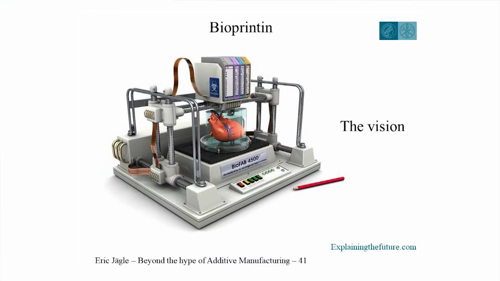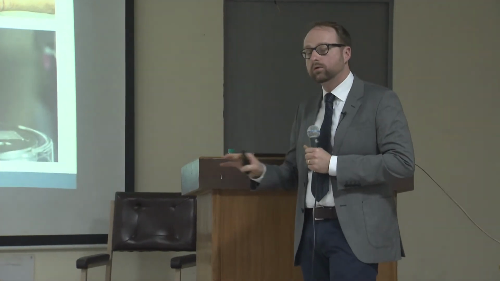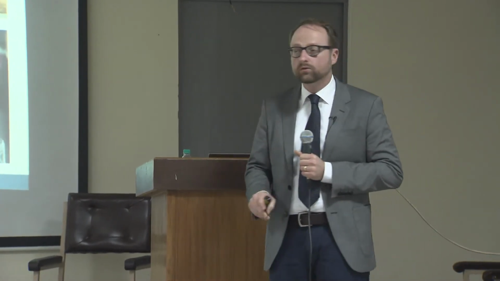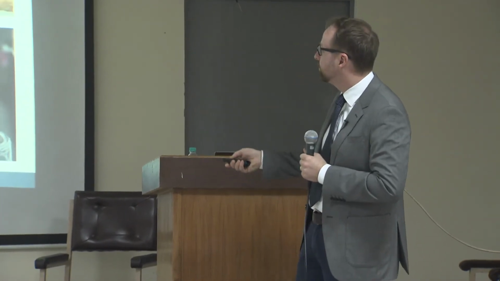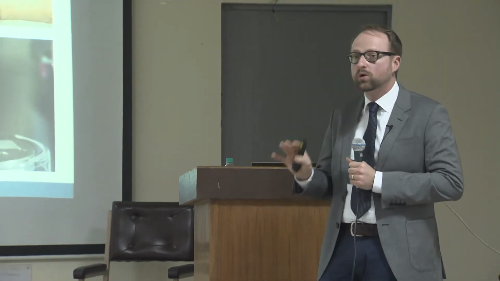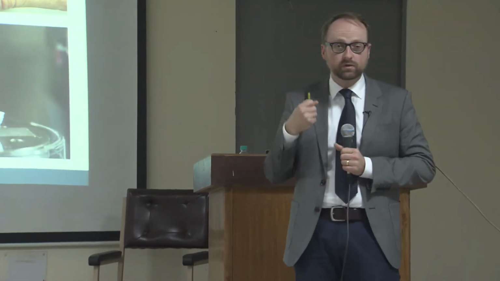Bioprinting, yeah, this is of course a very big topic. So this is what you want, a machine, you press a button and a new liver comes out, but that is not the reality. Some companies say that next year they will print a liver, but I don't believe them. Right now we're at the stage where cartilage can be printed, and maybe the outside of an ear can be printed, or new skin can be printed. Big achievements, yeah. I don't want you to underestimate it, but we're nowhere close to printing a full functioning organ. Again, the multimaterial problem and the multiscale problem are there.